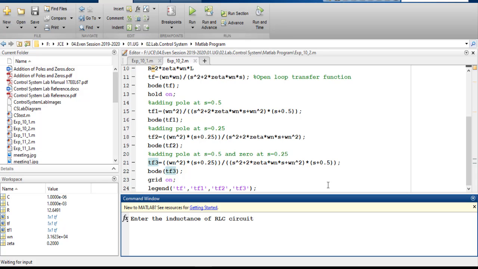Just as in the previous case, we will introduce 1 millihenry. So 1 e minus 3, press enter. For the C, 1 microfarad, 1 e minus 6, press enter. Damping factor, let's say 0.2. We press enter. So R is 12.6, the same as we got from the previous graph.